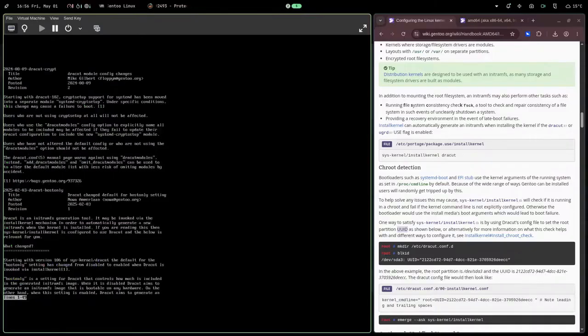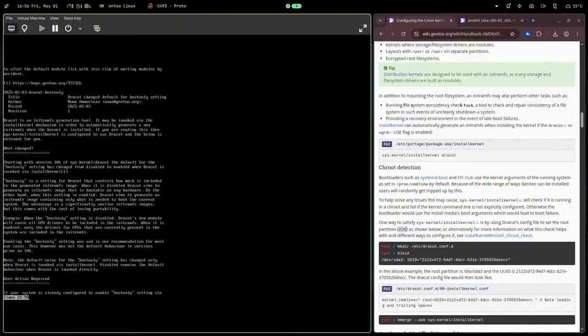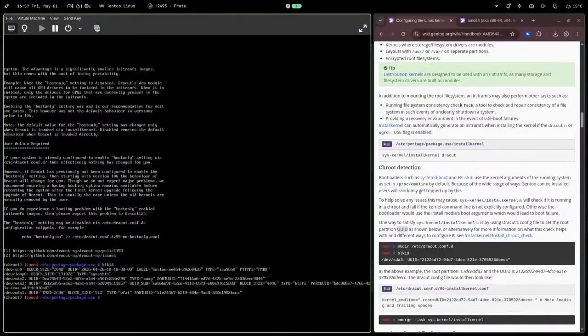Most of this probably won't apply to us. Dracut crypt for encryption, host only. Yeah, we don't care about any of these things right now, so that doesn't impact us. What we will do is check our block ID here, and we'll see that vda3 UUID is this massive value here. Okay,